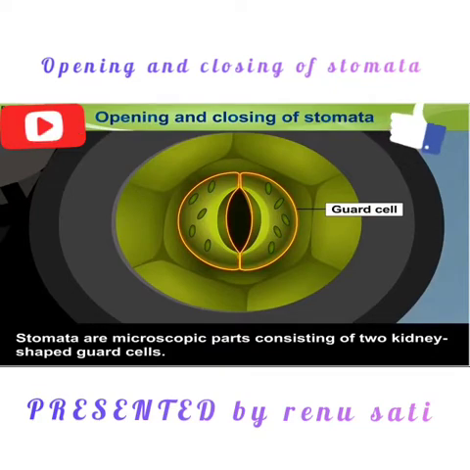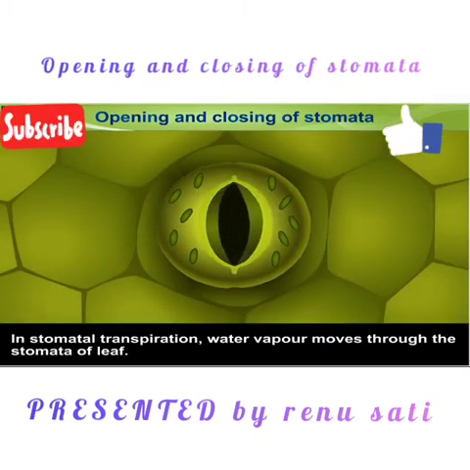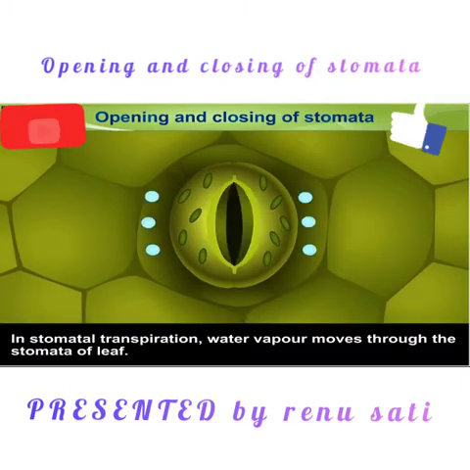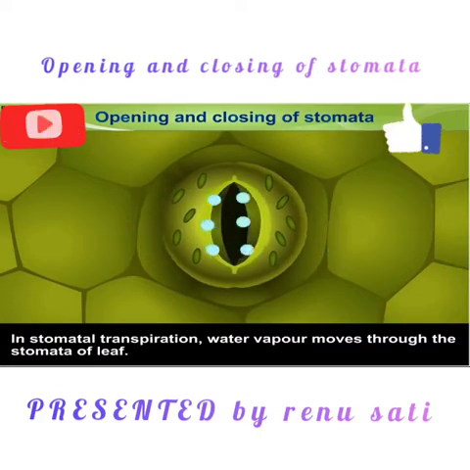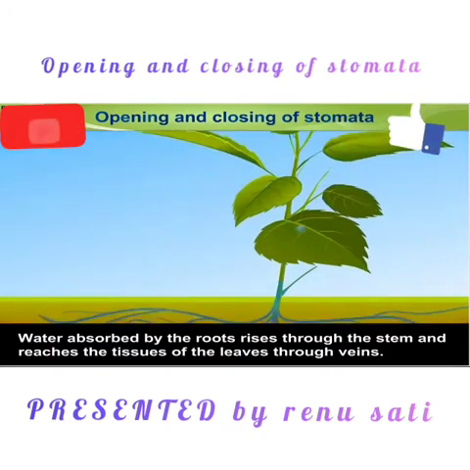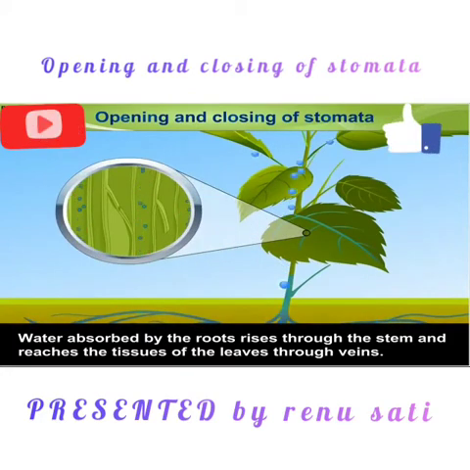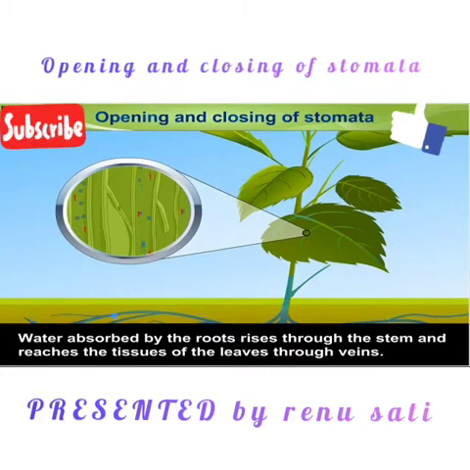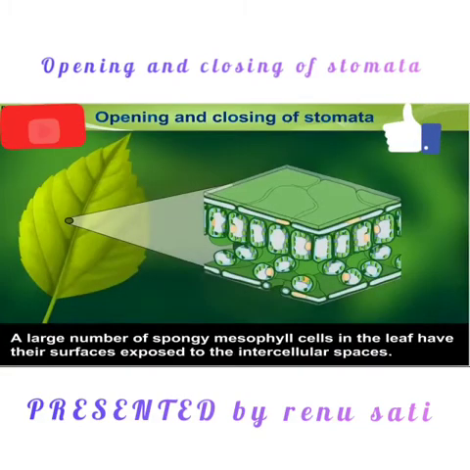Stomatal aperture is just a pore, a non-cellular structure guarded by the two guard cells and responsible for exchange of gases and the process of transpiration. They are present on the green leaf or the green part of the plant and help in the process of photosynthesis. Whatever food is prepared, it requires carbon dioxide.